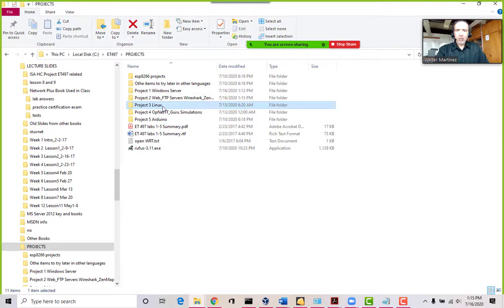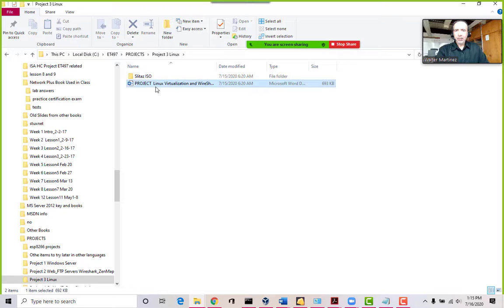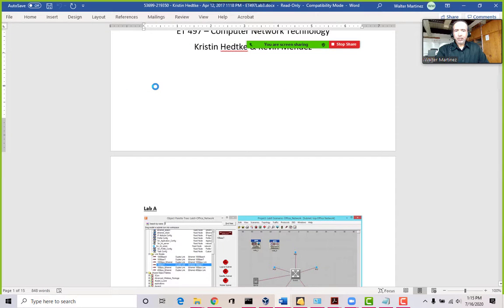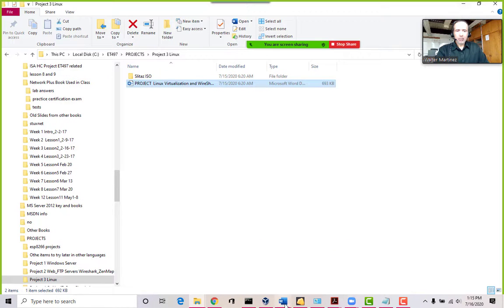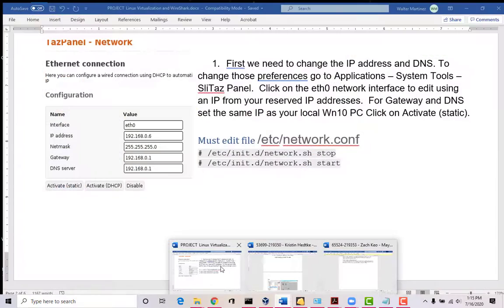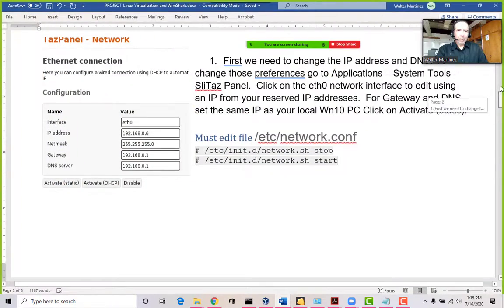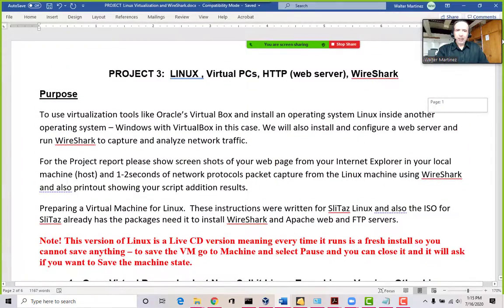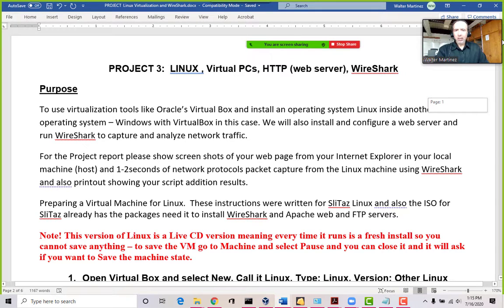Project number 3 is our Linux project. Okay, wait for it to open up here pretty soon. Oh, looks like I probably already have it open. Yes. So this is the Linux server, and this one is going to be a little bit easier.